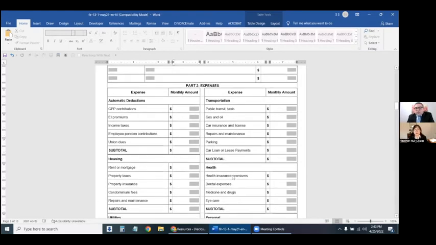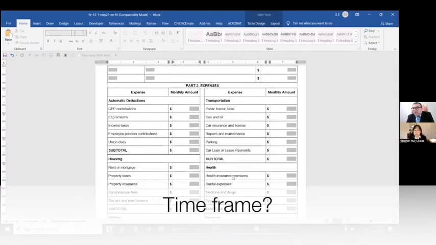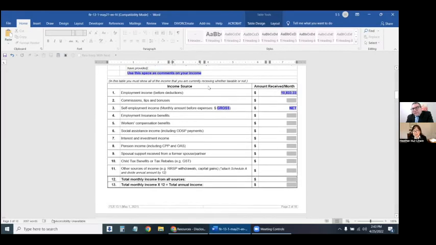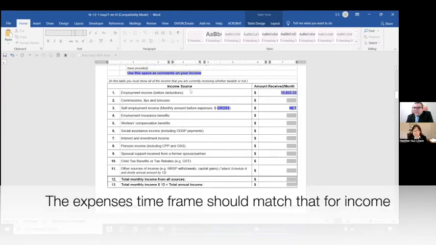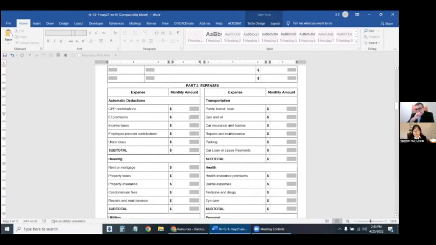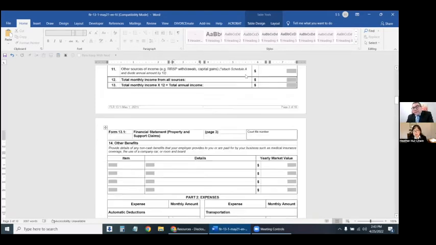Many people also get very confused as to what period of time they are doing. Am I doing the last 12 months? Am I doing the calendar year? What am I doing here? I was going to ask. The short answer is there are 2 answers. Answer number 1 is whatever period of time this income is, that's what these expenses are for. So let's say you're laid off. That's a good example. And you're showing up here